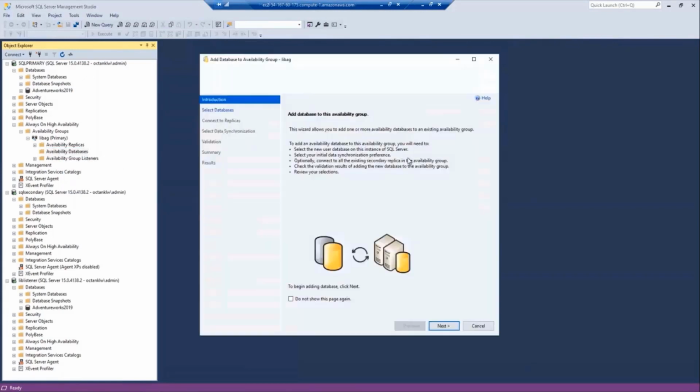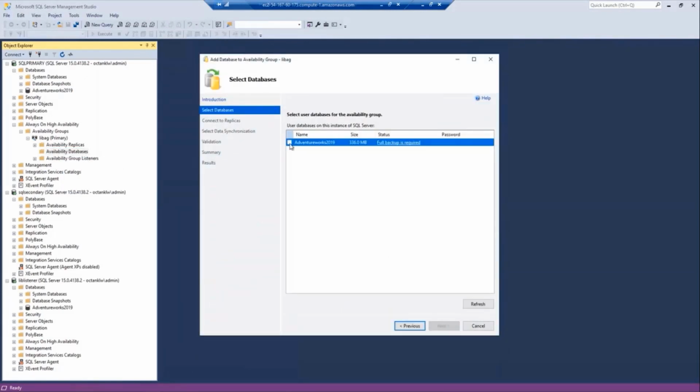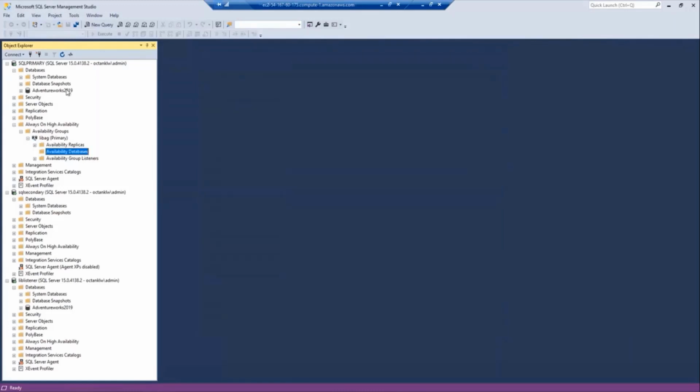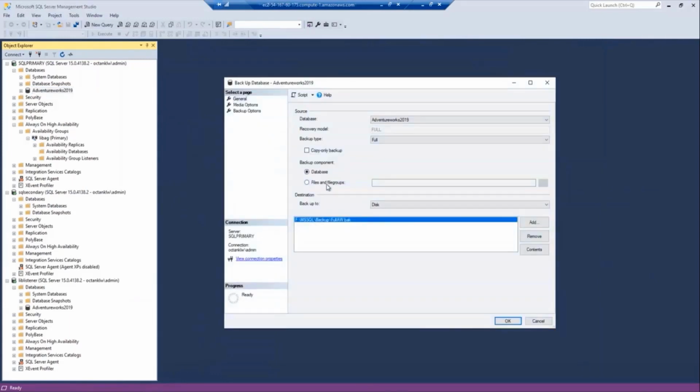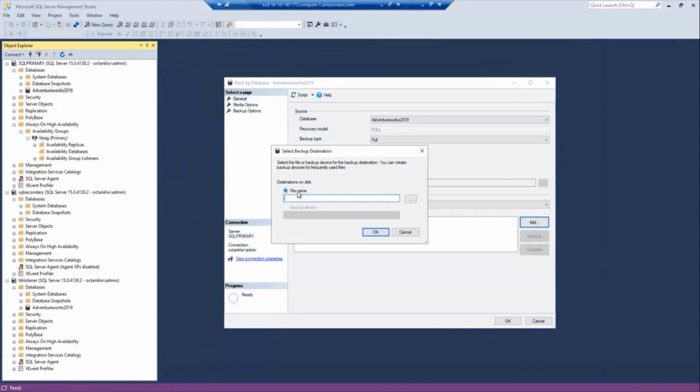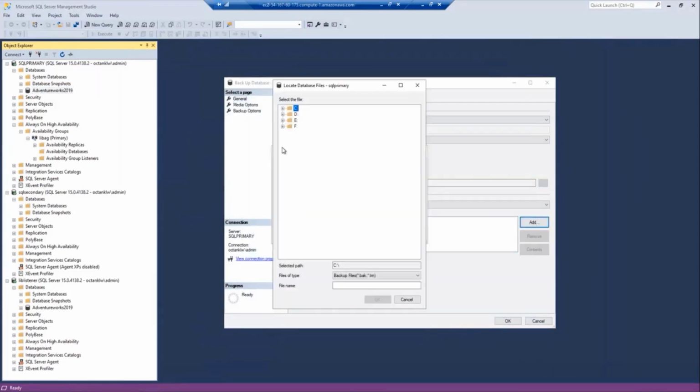And after that, it's not going to allow us to add it as well because you need to do a full backup after full recovery mode, right? So basically, let's go here and take a backup of this primary database. Let's just remove this and add it onto our backup directory over here,